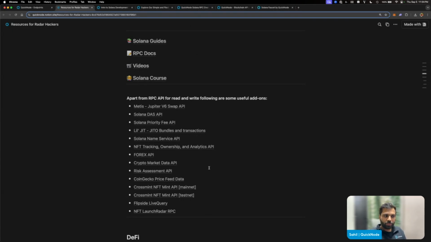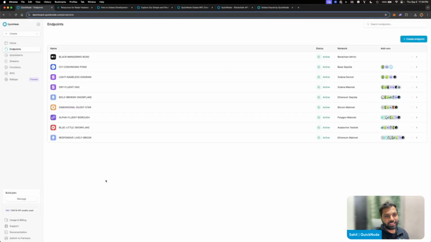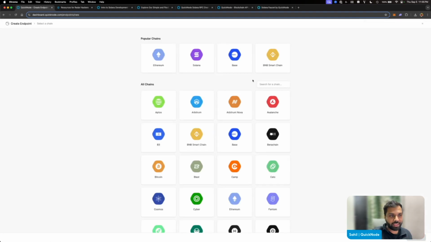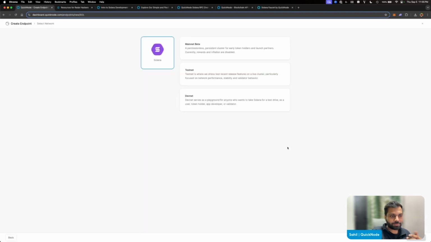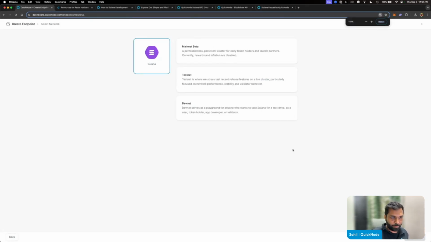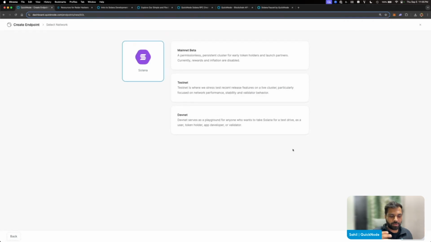How you can use these add-ons is, first, you need a QuickNode account. Second, you'll need a QuickNode RPC endpoint. If you do not have one already, you can go to your QuickNode account, verify your email address, and then click on create endpoint. Once you have done that, click on Solana, then click continue. At this point, you will be asked to select a network, whether you are creating production-level applications on mainnet